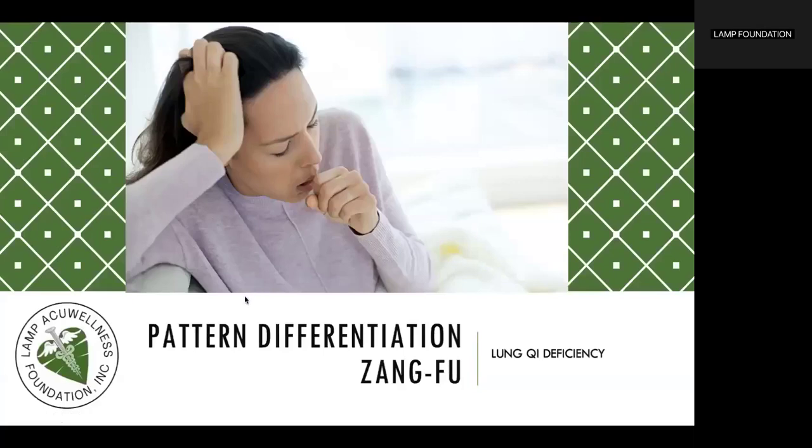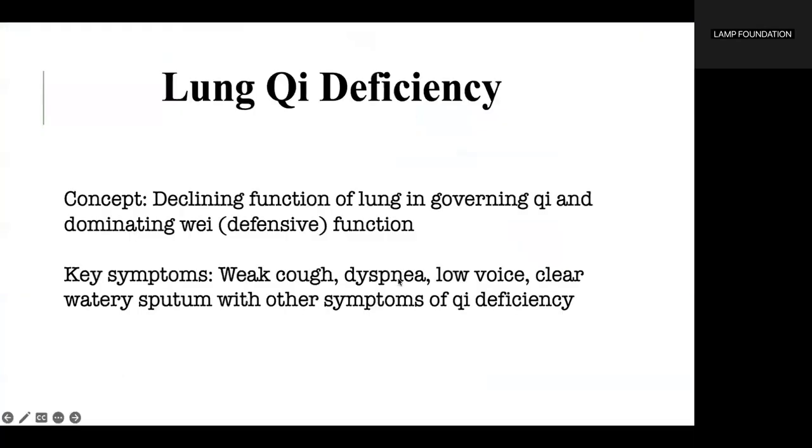Next is lung qi deficiency. Lung qi deficiency can arise independently, but will most often be seen together with spleen qi deficiency or heart qi deficiency. When there is lung and spleen qi deficiency, there will be a general condition of qi deficiency characterized by poor production of qi, whereas lung and heart qi deficiency will be a more emotional imbalance with sorrow, grief, and a lack of joy as the